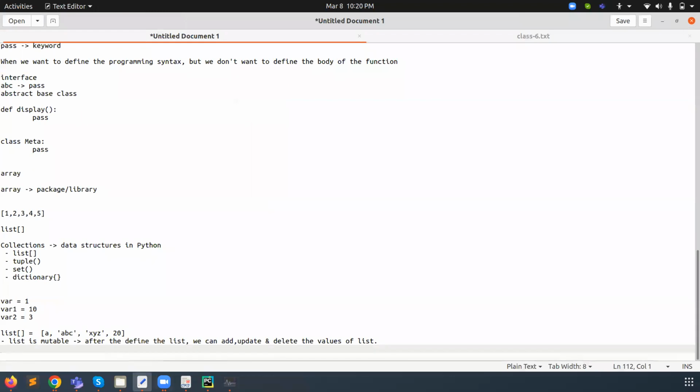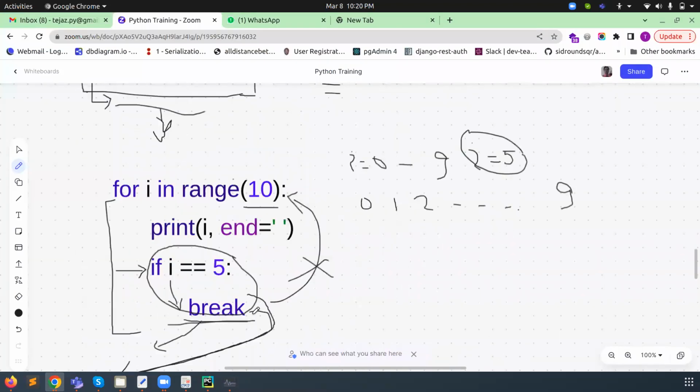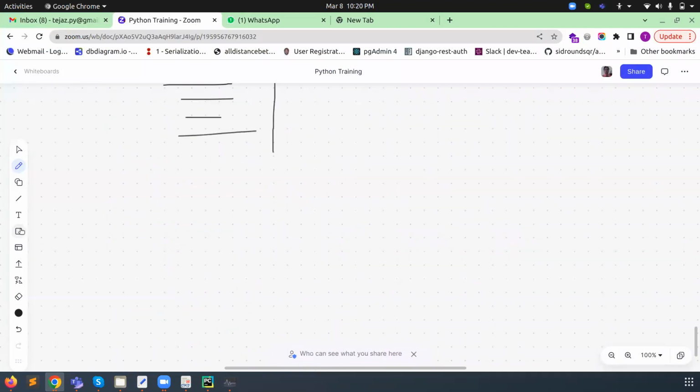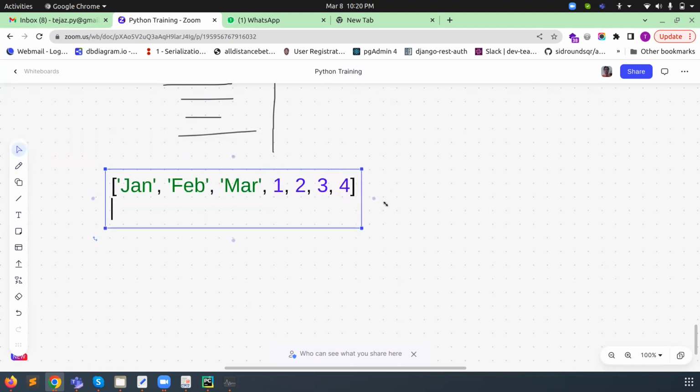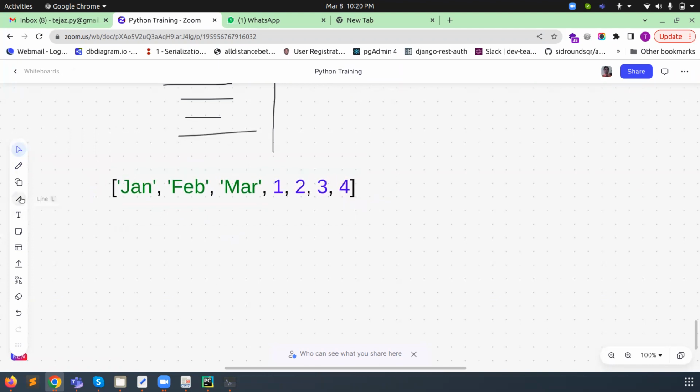Let me show here. What is the meaning of this, and what will happen here? It will convert the things in this way. It's a single dimension. We can use multi-dimensional, but right now it's single dimension.